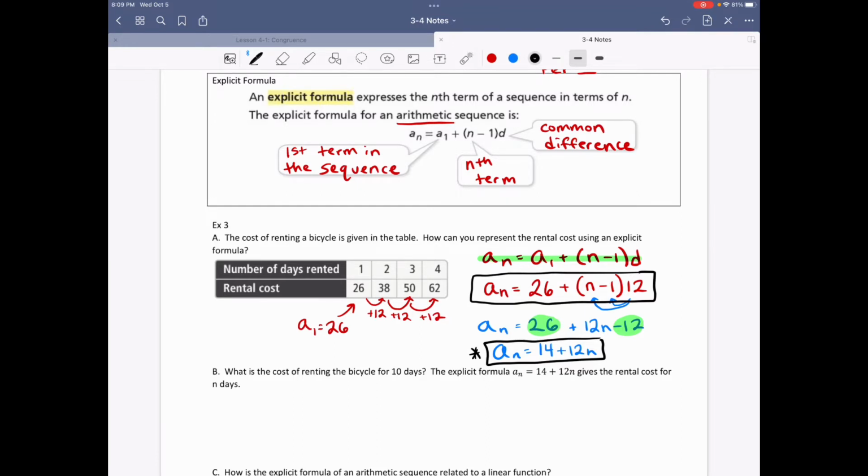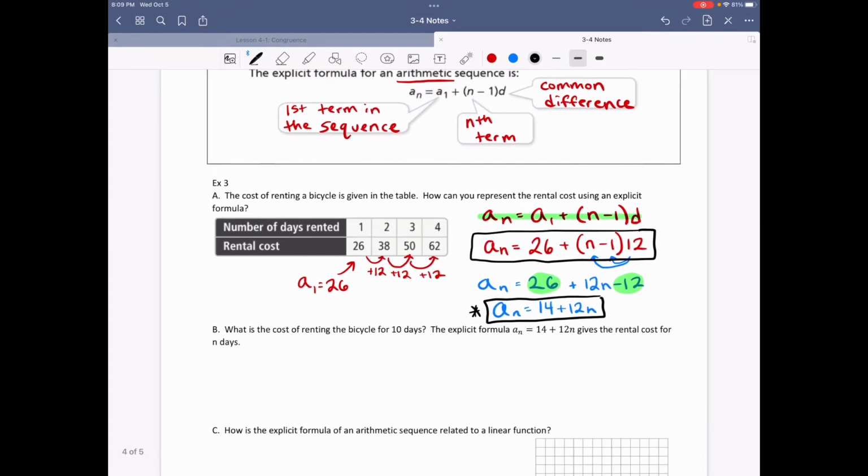So part B is saying, what is the cost of renting a bicycle for 10 days? Well, 10 days is important, and n is the number of days. So we are using the formula that they gave us, which is the same one that we just figured out, gives the rental cost for n days. What we will do is we will substitute in 10 for the 10th term,